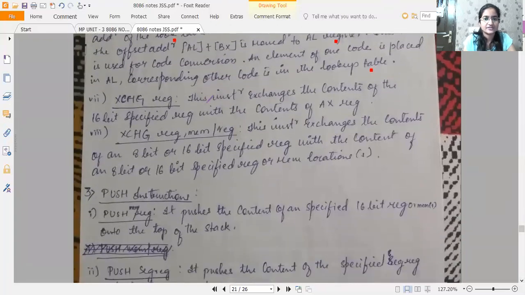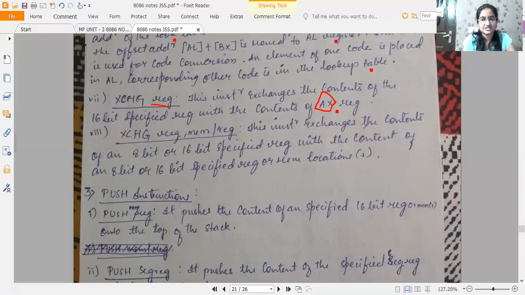Exchange register. This instruction exchanges the contents of the 16-bit specified register with the contents of the AX register. XCHG register. All right. The default register here is the AX register. The contents of the 16-bit specified register here will be exchanged with the contents of the AX register. Then XCHG register comma memory slash register.